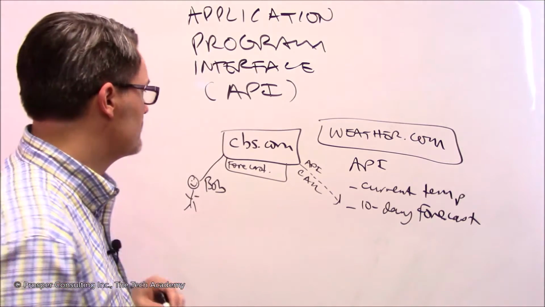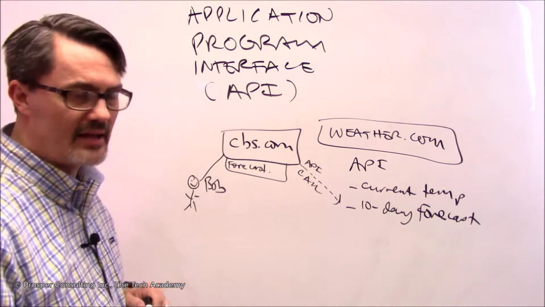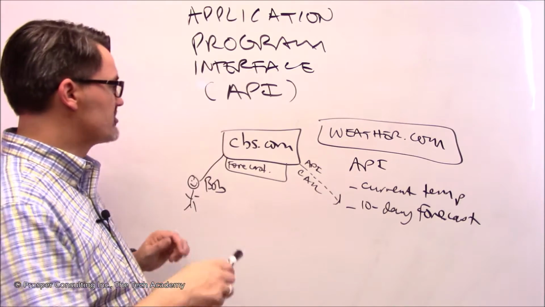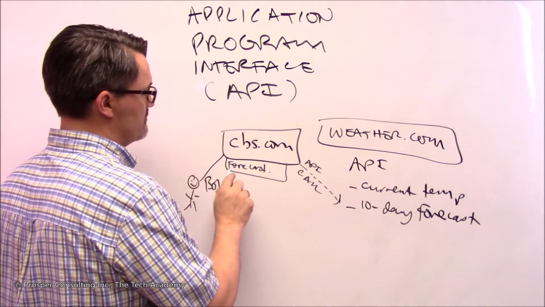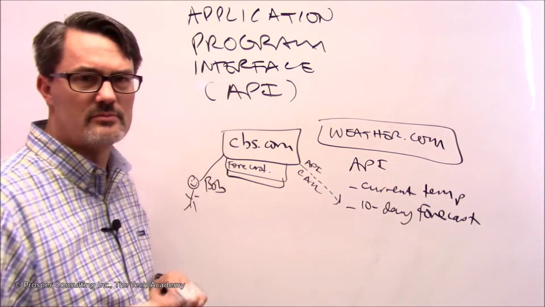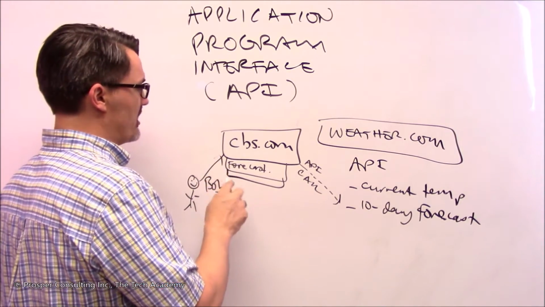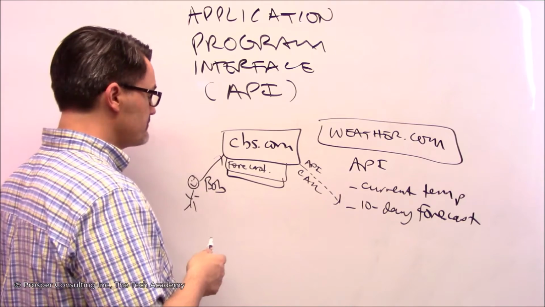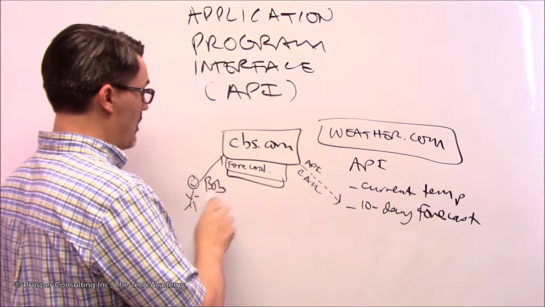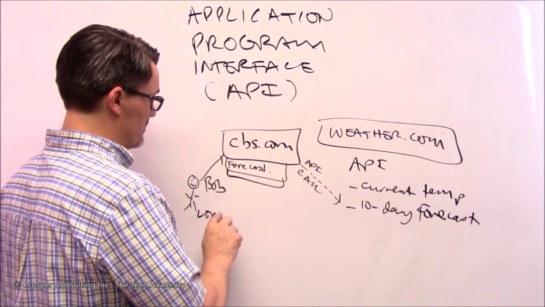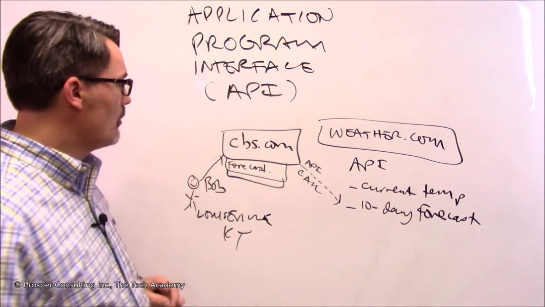Here we have a website, cbs.com. And let's say cbs.com wants to show a 10-day forecast on its home page on the website. They want people like Bob to be able to log into cbs.com and they'll see a 10-day forecast for wherever they are. You can say Bob happens to be in Louisville, Kentucky. So